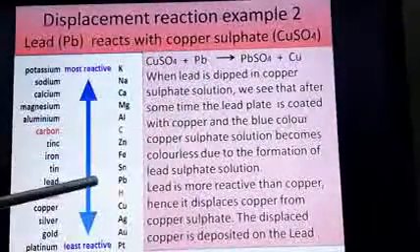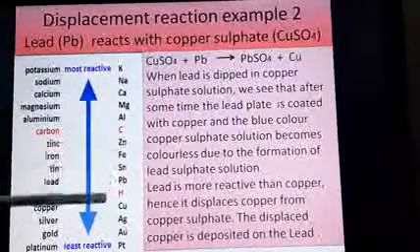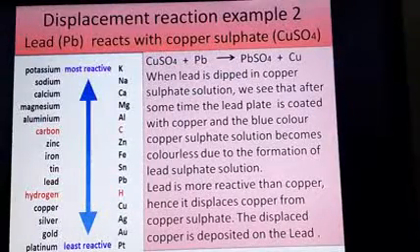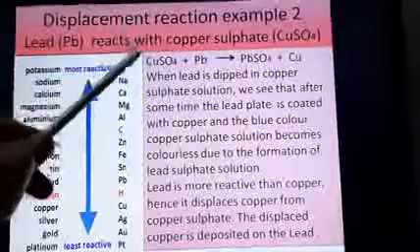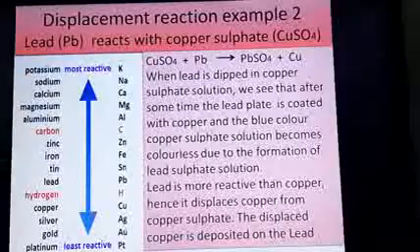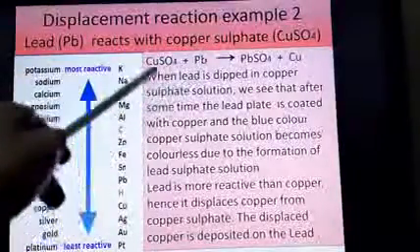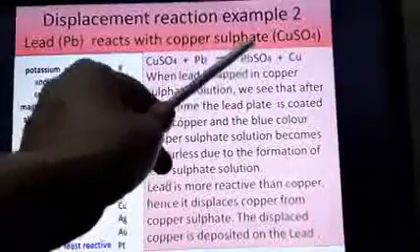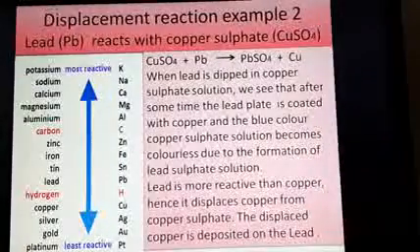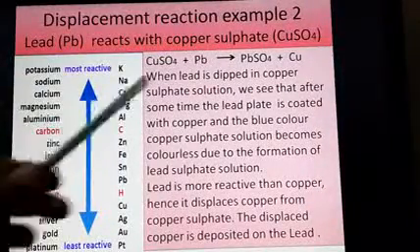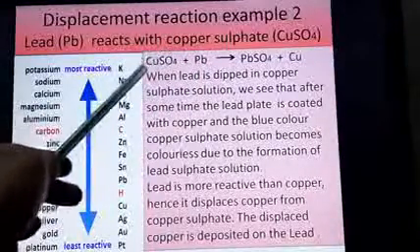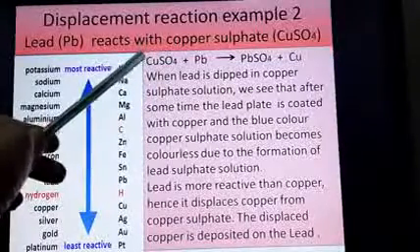So let's look at where lead is. You can see lead is over here, and copper is below it. So since lead is more reactive than copper, lead can push copper out. So lead does just that, it pushes copper out and takes its place. Now here again copper sulfate is -2, therefore copper's valency should be +2, and if lead is displacing it, the valency of lead is also +2 and this is -2, therefore the formula can be written. And therefore in a displacement reaction, any element which is more reactive can push any other element with less reactivity from its salt solution.